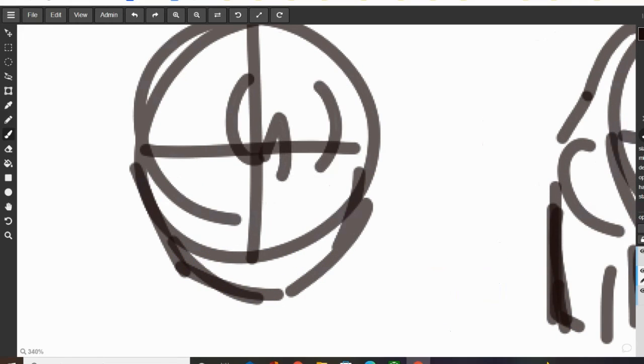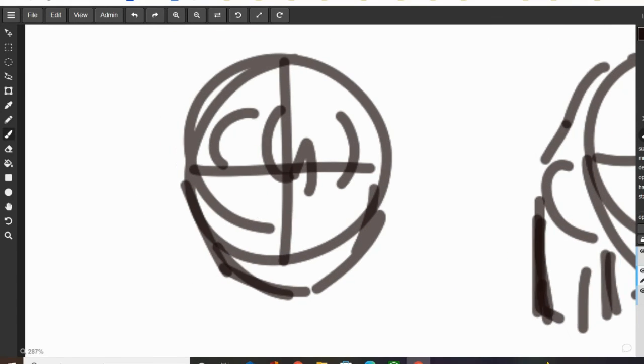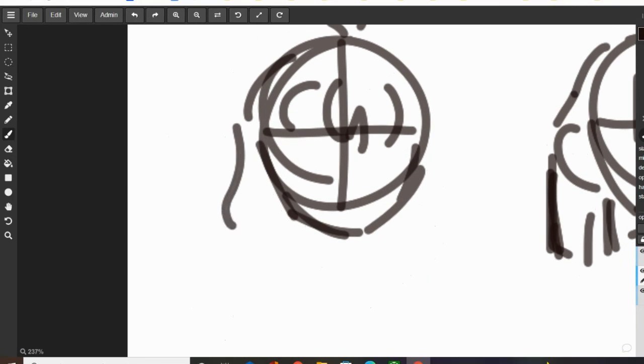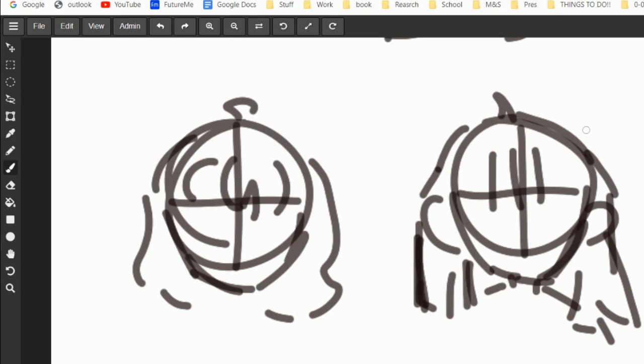So it might not look that straight, but it's straight hair. See? Which one looks better? This one is better than that one, I'd say,